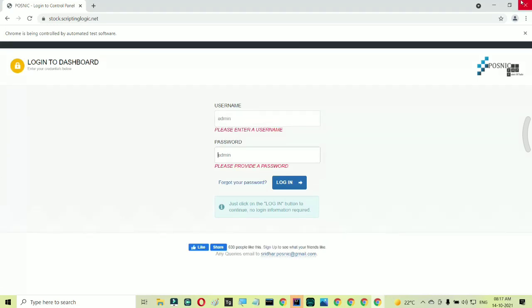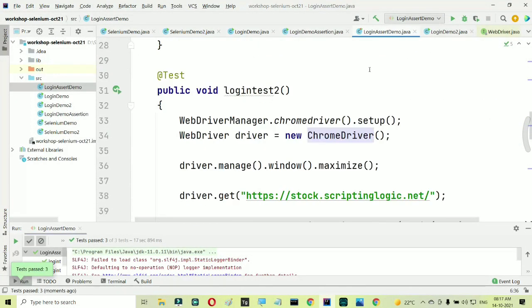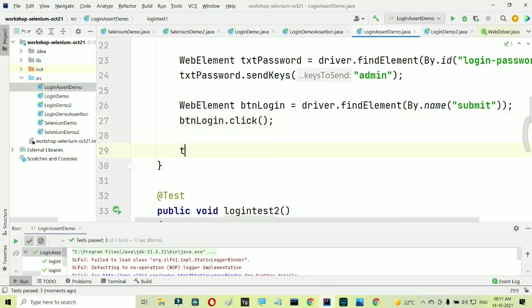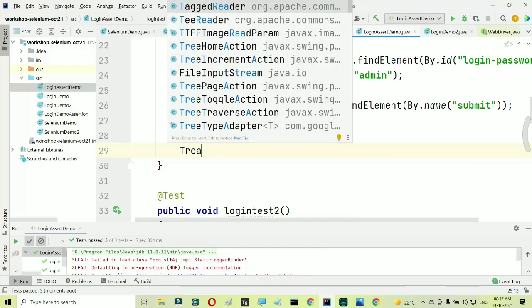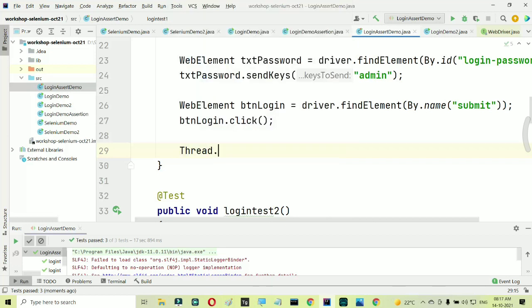What happened is that everything happened so fast, so we couldn't get a chance to see it. So what I'll do is, after we click the button and before we go to the next test, I will put in a sleep. So let's say Thread.sleep, 4000 milliseconds. For 4 seconds I'll sleep.